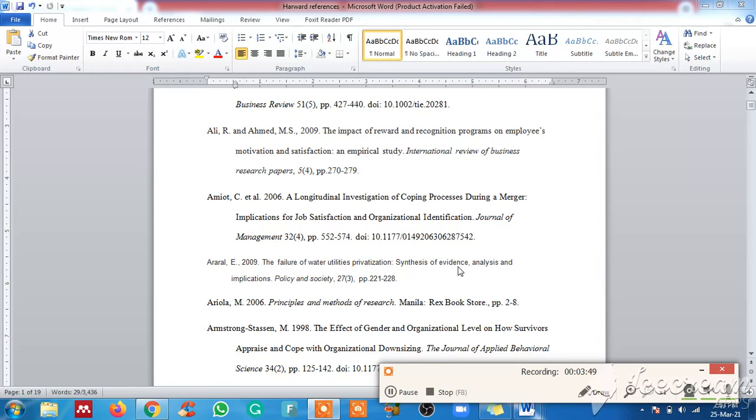At present, in my knowledge, there is no method to convert all the references together. It can happen in APA format, but as far as Harvard is concerned, it is not in my knowledge that we can convert all the references together in Harvard style. We will have to do it one by one, but rest assured, it's not going to take more time. So this is a short video for converting APA style to Harvard style.